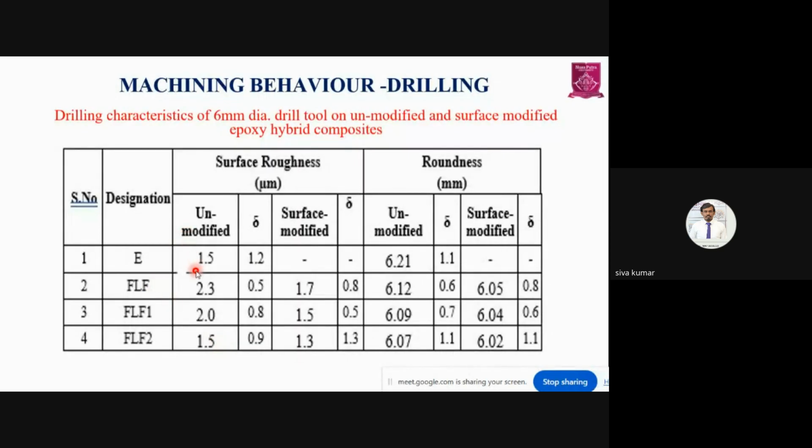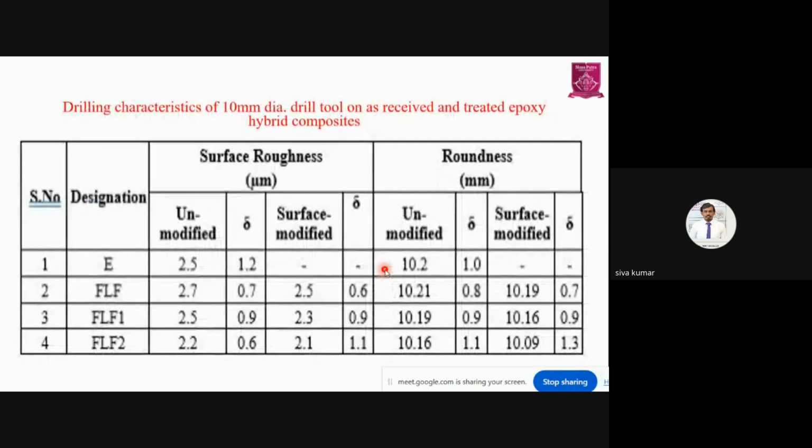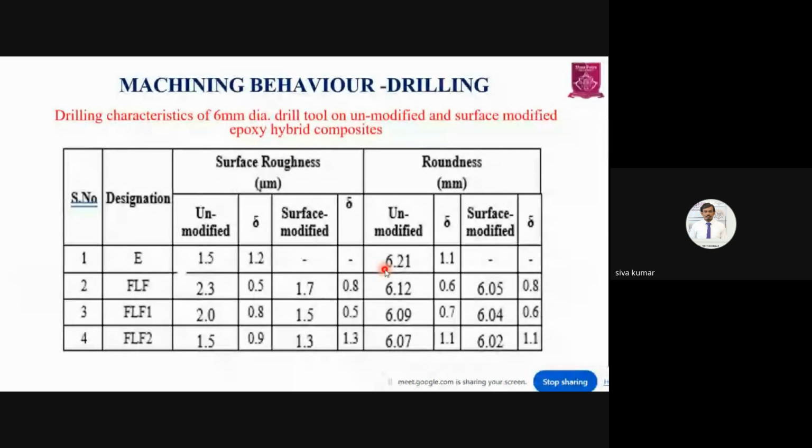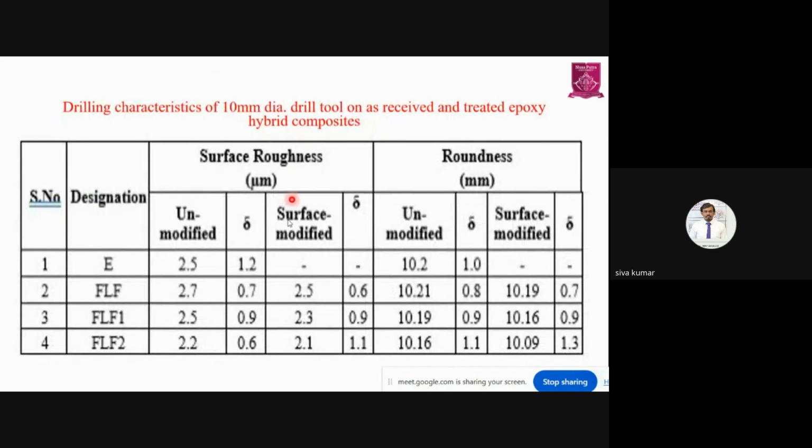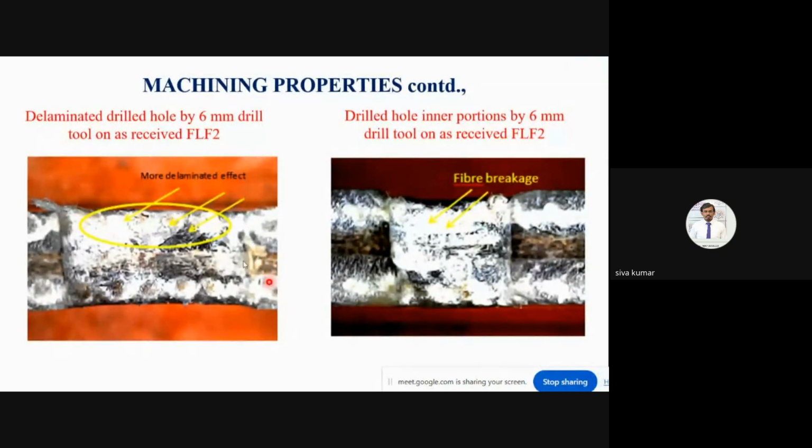I have represented surface roughness for unmodified and modified. There is not much difference in surface roughness. It is almost a 0.5 micron to 1 micron difference. And I have pictures of the roughness that I will show you here. So this is surface roughness of a 6 mm diameter drill bit, and this is for a 10 mm diameter drill bit. I have chosen two types of drilling with different hole sizes. So this is for the 6 mm drill bit, and this is for the same 6 mm drill bit